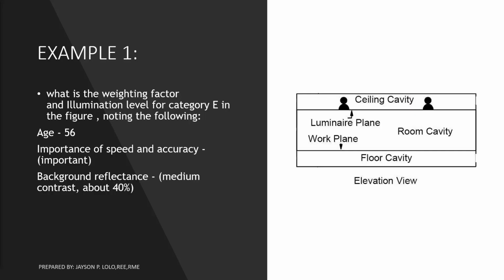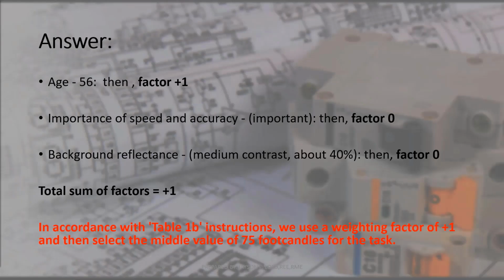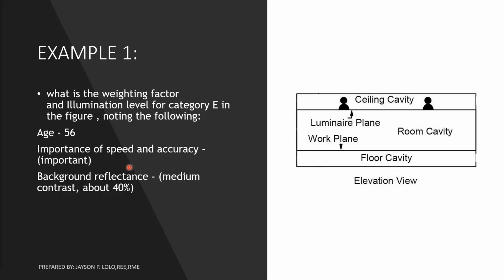So let's go back. So kung 40%, it is between here. So 30 to 70%. Therefore, nadiri ang nakasulod ang 40. So 0 ang value. So plus 1 plus 0 and plus 0, the total sum of factors is positive 1. So in accordance with the table 1B instructions, kung ganina, it is under